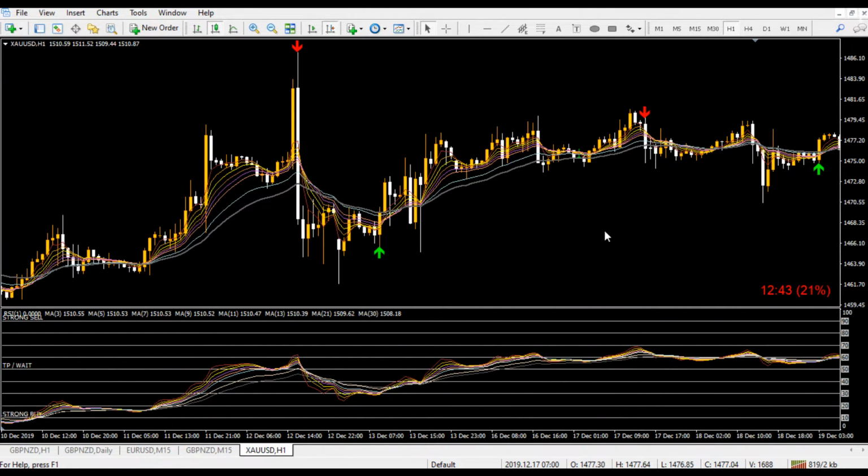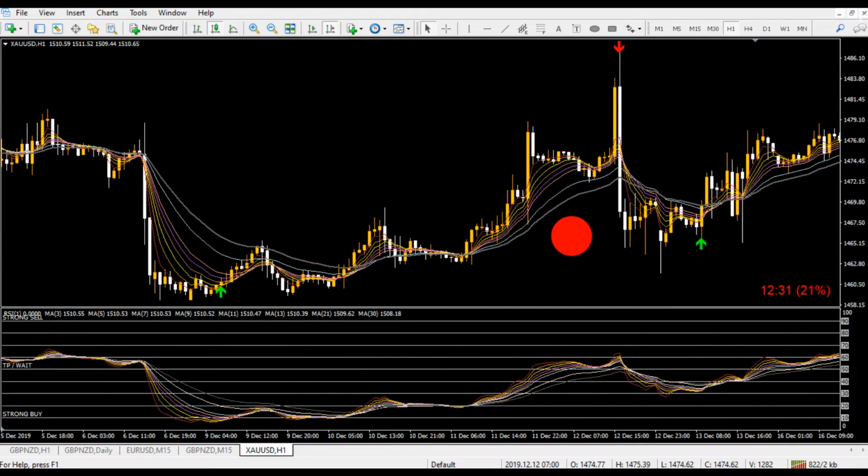And again, this is not a 100% strategy. No strategy is unless you don't trade. That's the only 100% strategy that I can guarantee you, is if you don't trade, or if you wait for all of these EMAs to get into the strong order areas, if you will. So the strong buy in between 10 and 20, and the strong sell in between 90 and 80. Okay, and then also waiting for them to cross above or below